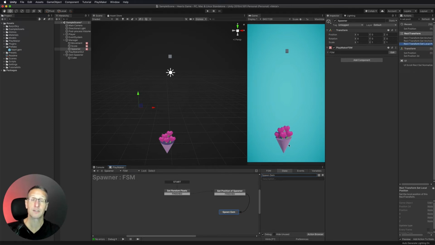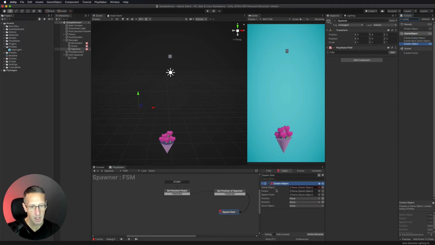And then here, what we want to do is to create a game object. Okay, so what we're going to do is to create object. And what game object is it we want to create? Well, we need to actually use a prefab to create this. So that's why we use this as a prefab. So here we're going to drag that prefab right down into that game object that we want to create. And we're going to have the spawn point be our gem spawner. So we're going to drag that down in there. Again, we're randomly placing the spawn point around, and then wherever that spawn point is, we're going to generate a gem.